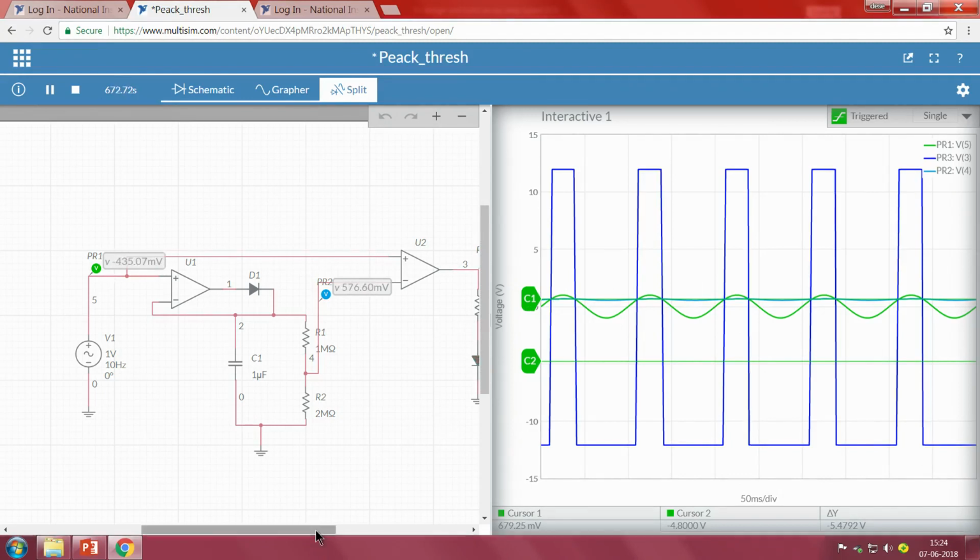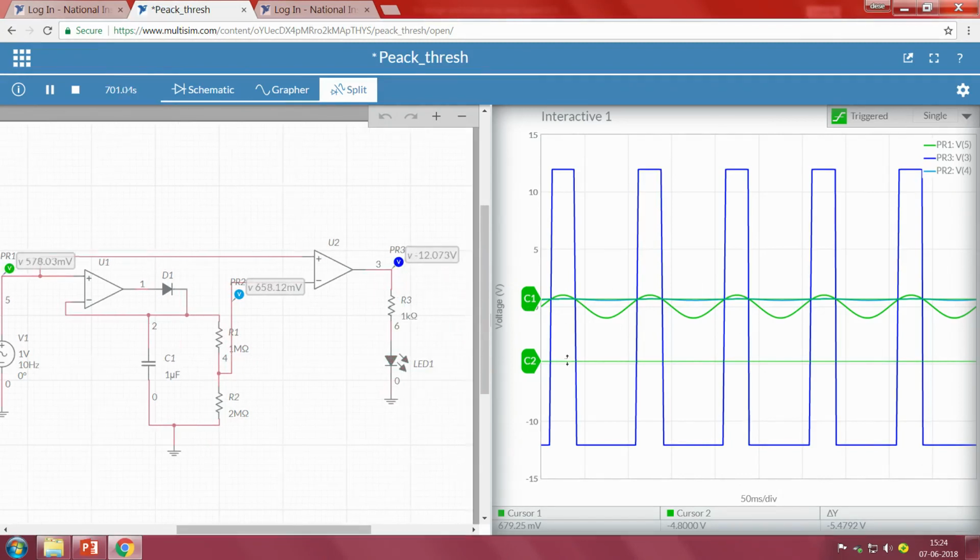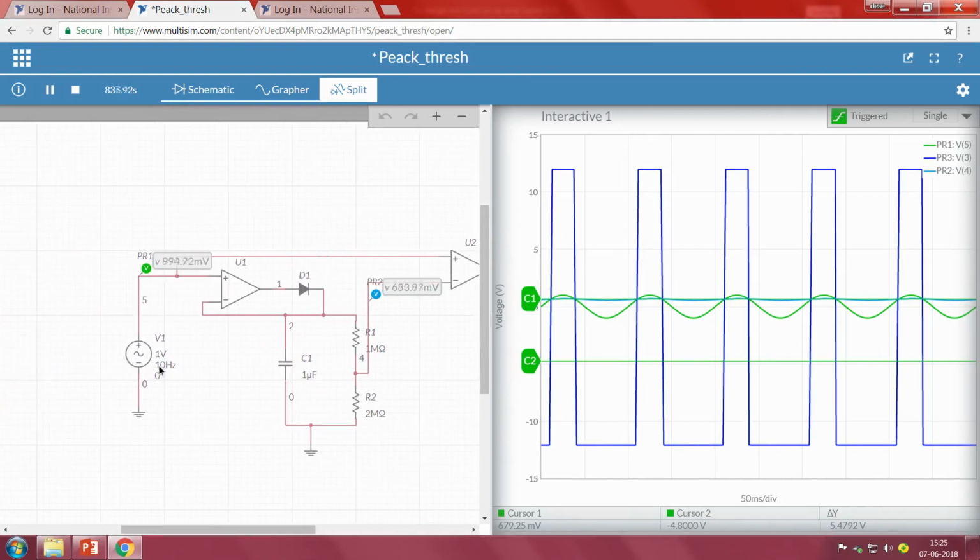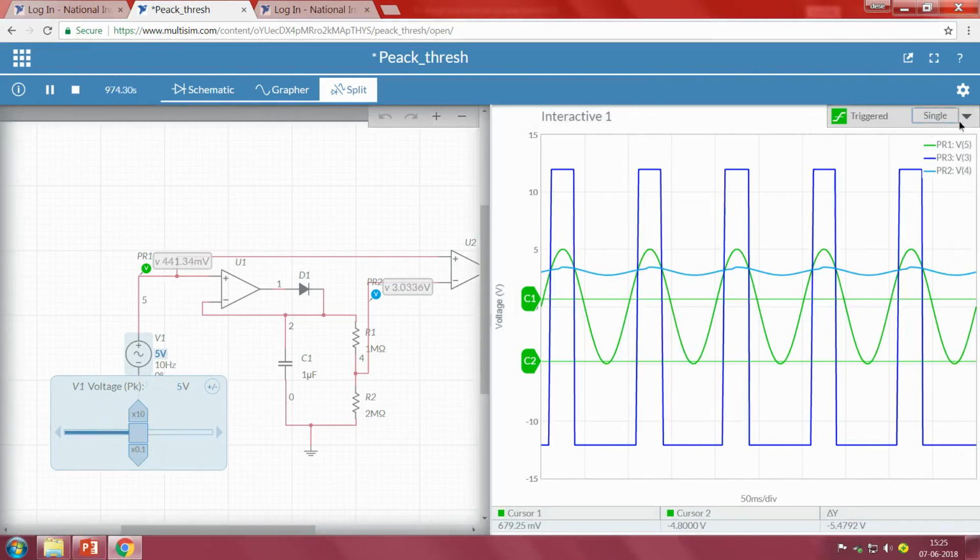Now whenever the input is greater than the value, we can also see the LEDs keep on blinking. If I change the input voltage, even the thresholds, everything will change. So let me make it as 5 and change this to auto. We can see the threshold is also changed.